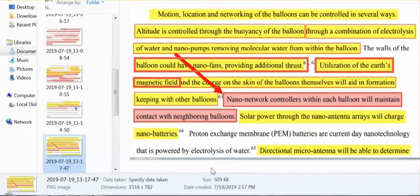Altitude of these balloons controlled through the buoyancy of the balloon through a combination of electrolysis of water and nanopumps, removing molecular water from within the balloon. The walls of the balloon can have nanofans providing additional thrust. So when we see, and I have posted video, satellite images of, whoa, a cloud taking off really fast. Thrust. Utilization of Earth's magnetic field or artificial electromagnetic frequencies and the charge of the skin of the balloon